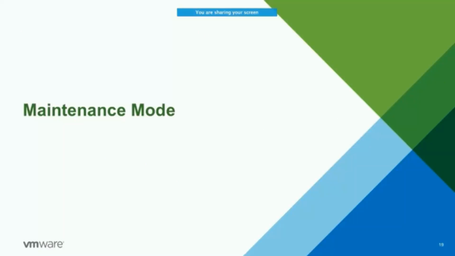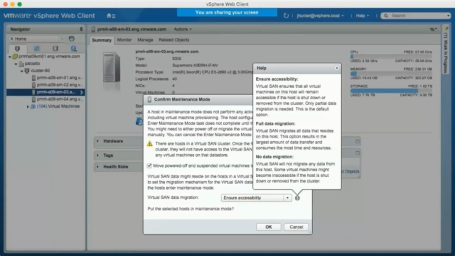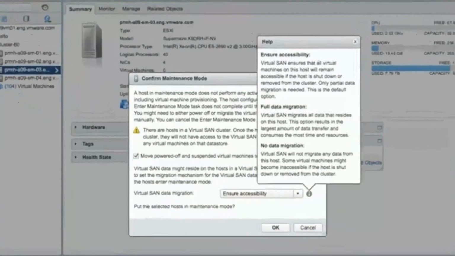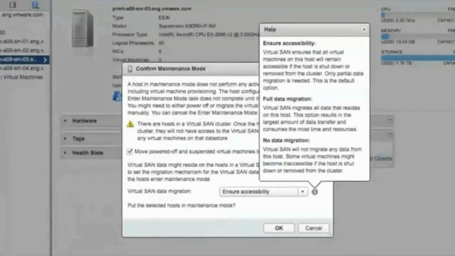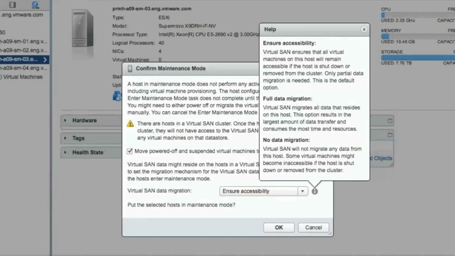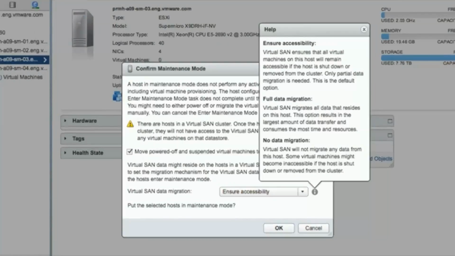I want to talk about maintenance mode a little bit. Up to this point, we've talked about unplanned downtime. We need to address planned downtime as well, and that's exactly what maintenance mode is for. When you configure a host to go into maintenance mode, and you have vSAN enabled in the cluster, you're going to be asked what data migration option you want to use. And there are three: ensure accessibility, full data migration, and no data migration. So instead of making you read the small text in the little help